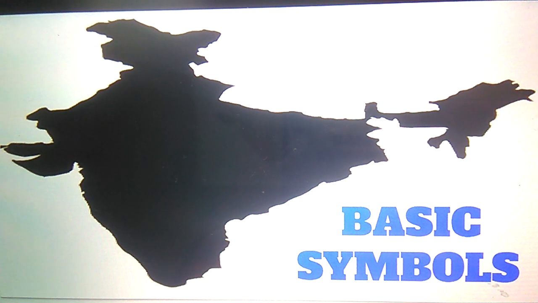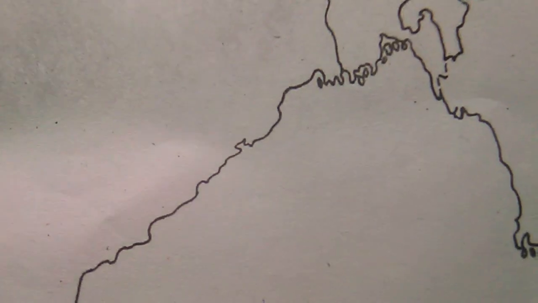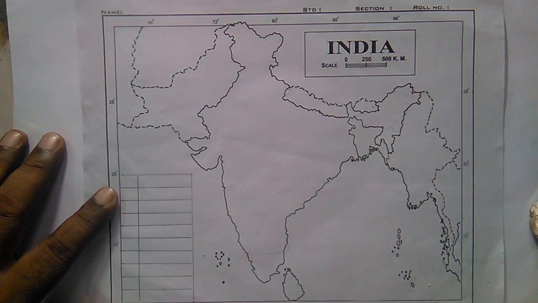Though you can use a colored pencil, I would not advise it, because if you forget the colors used for a particular symbol, it might create a little bit of difficulty. So it's better not to use a colored pencil for your map pointing.